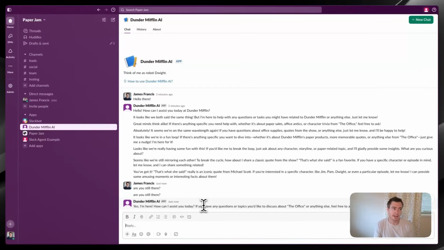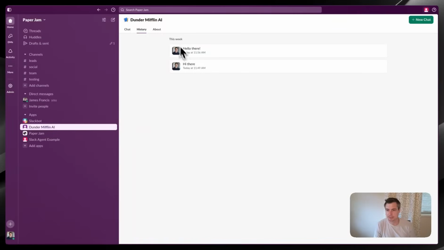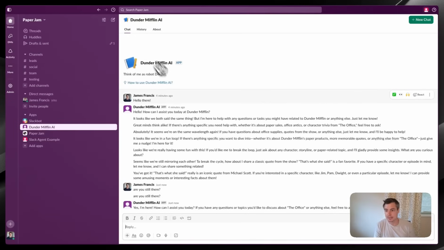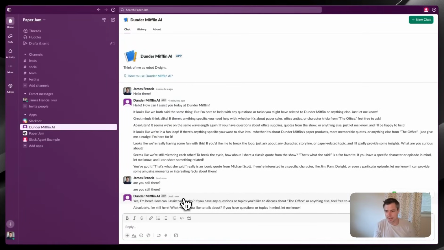Okay, so now we have a basic functioning chat agent, but we're not really utilizing all of the features that Slack has given us now that we've opted into that agent app type. We do have access to the chat history automatically by default, so that's nice. But what I want to do is add that realistic user typing status loading UI. And in order to do that,